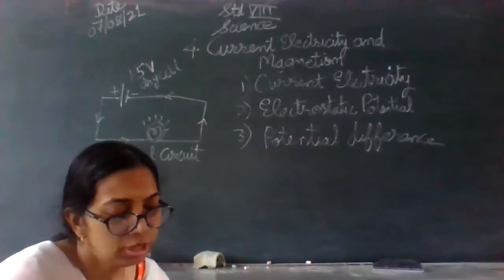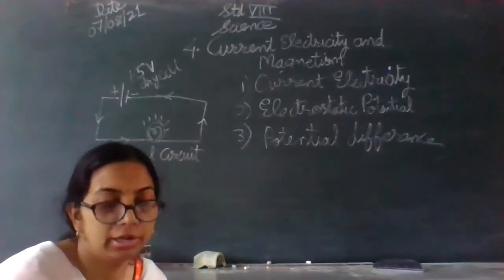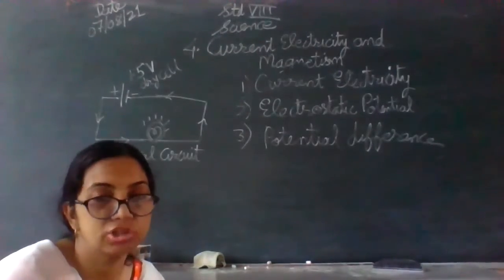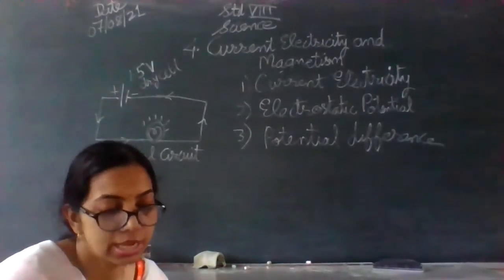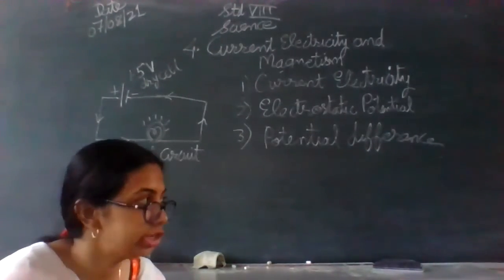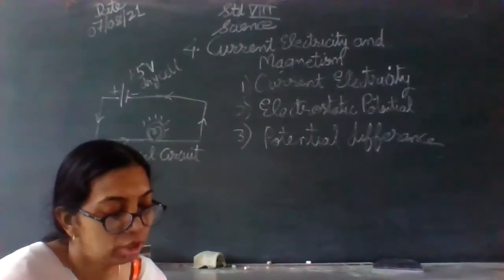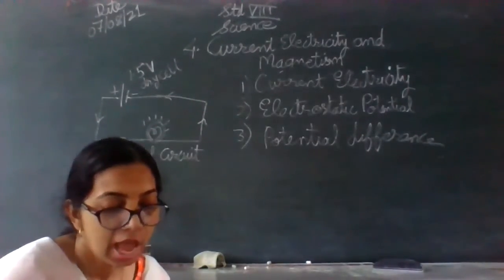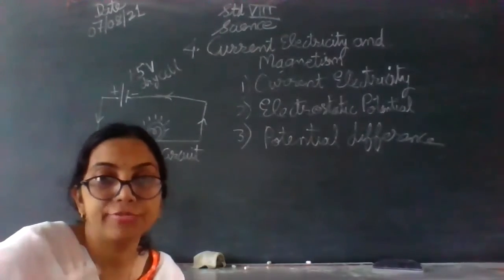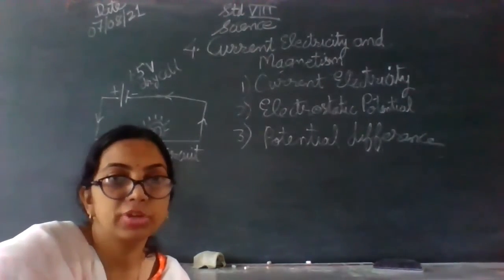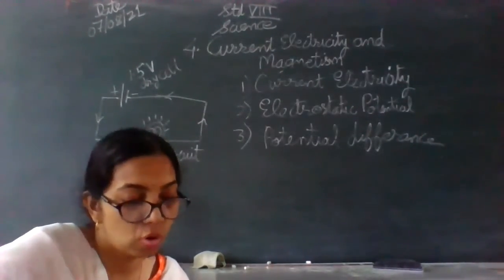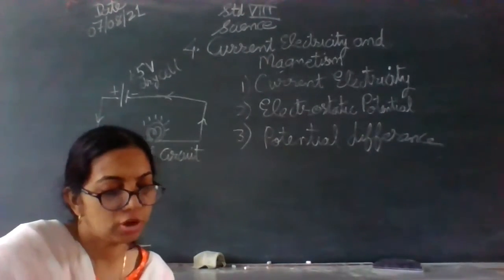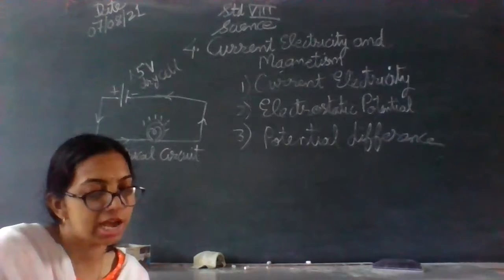Okay. Now, there is no current as there is no potential difference in the absence of any cell. If there is no potential difference, there will be no current transfer. Current starts flowing in the circuit as soon as the potential difference is applied, something to activate the flow of this current.